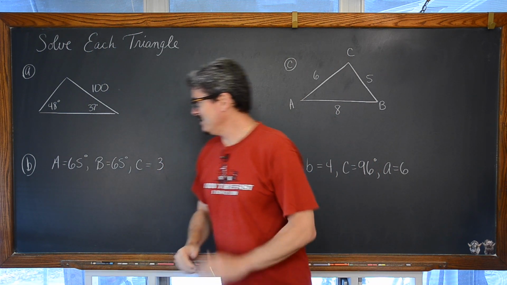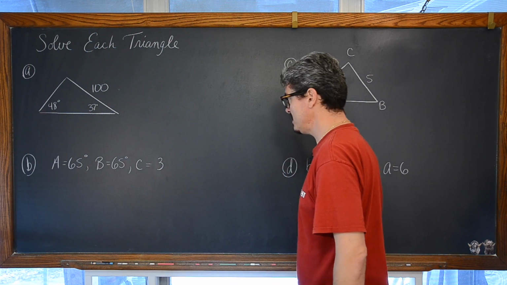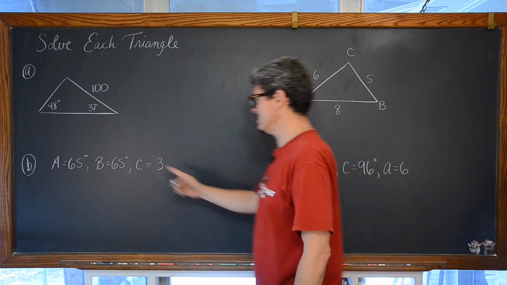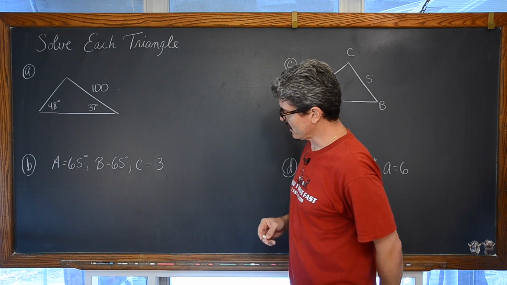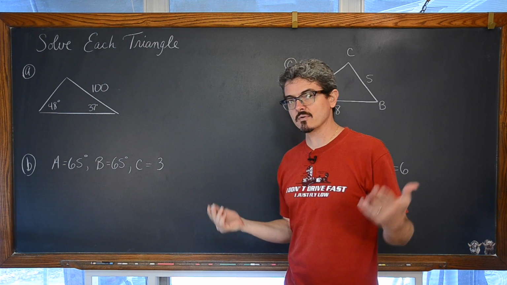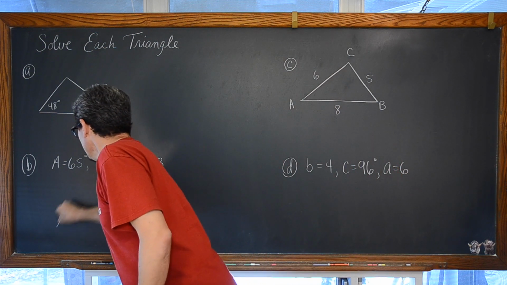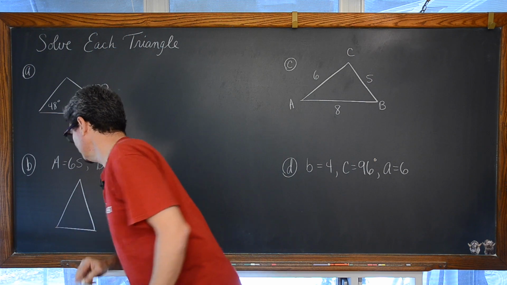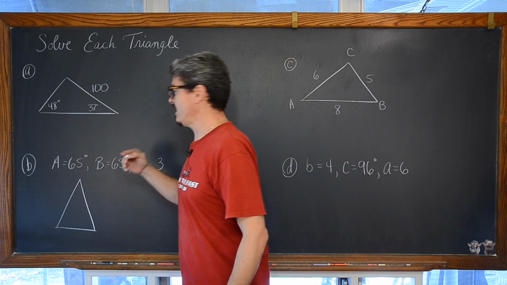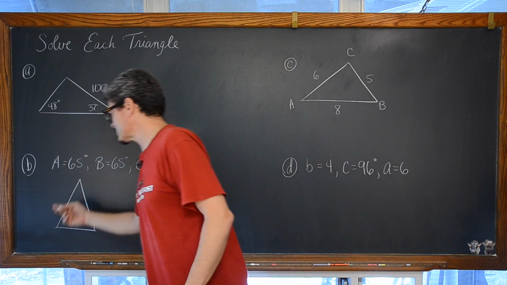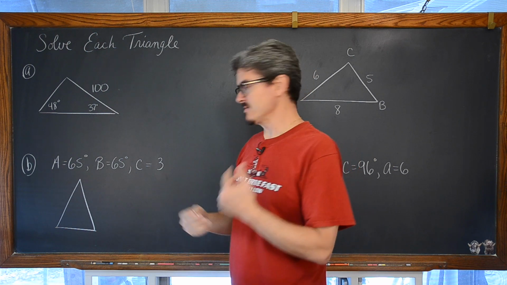In part B, we have the statement that angle A is 65 degrees, angle B is also 65 degrees, so we're looking at an isosceles triangle, and side C is 3 units long. Now B does not offer us a diagram, so let's make one. You never really want to do a geometry problem without a picture. It doesn't really matter how you make this look. I see that I have two angles that are equal, so I'll make something that looks isosceles, but really I just want a diagram to allow me to put down some numbers.